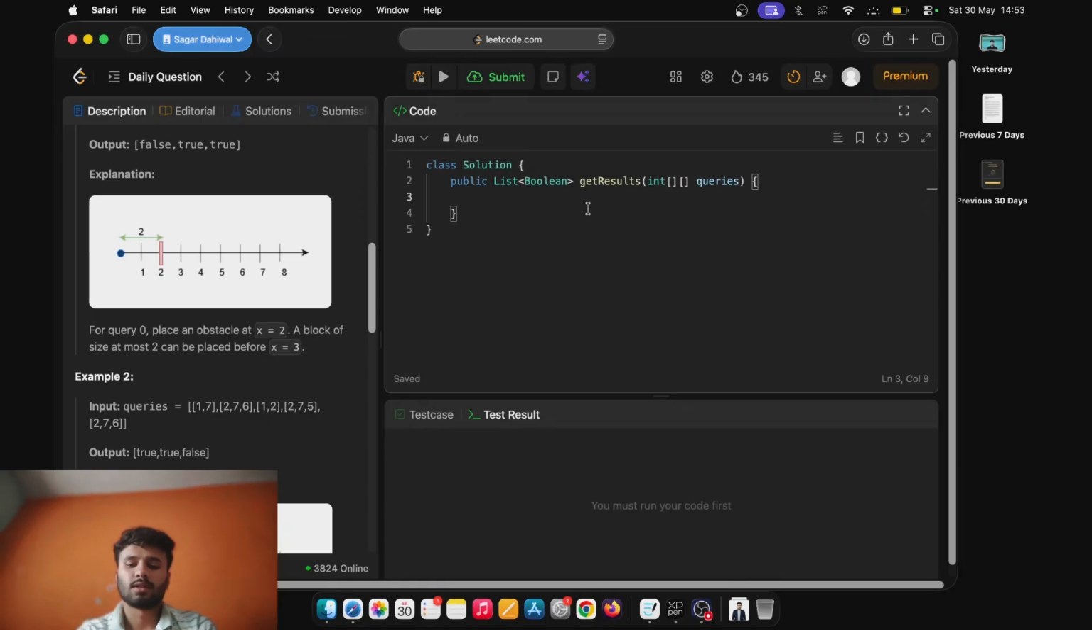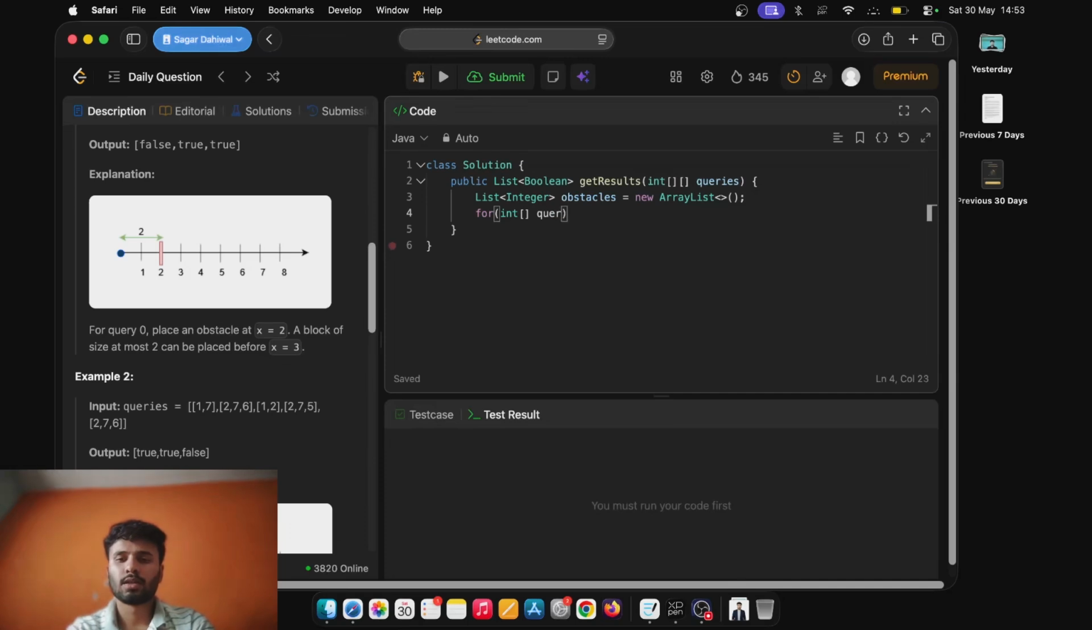Let's have the array, the list of integers, which is our obstacles. New ArrayList. Now we have queries, right? So for each query from queries,